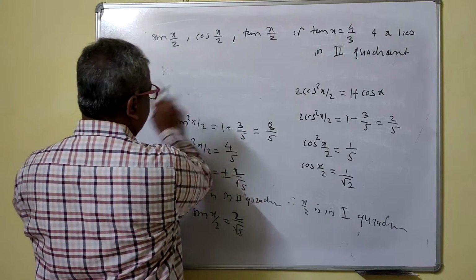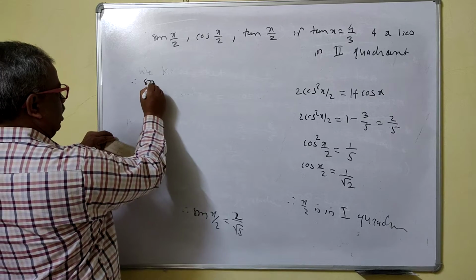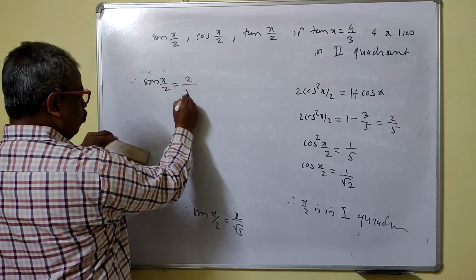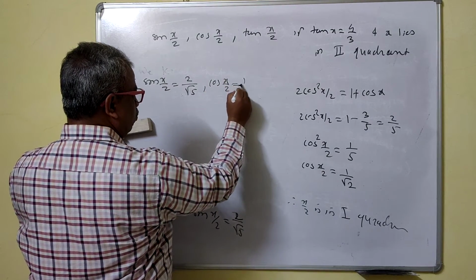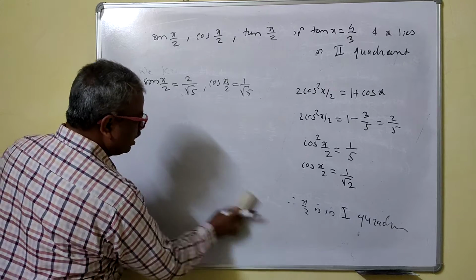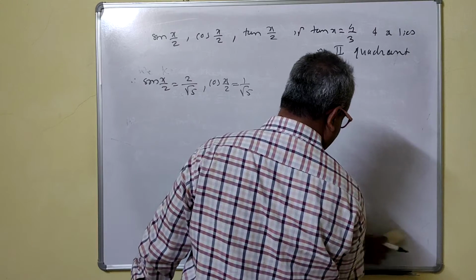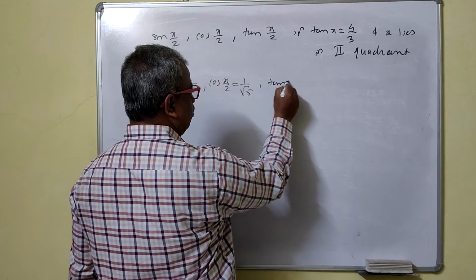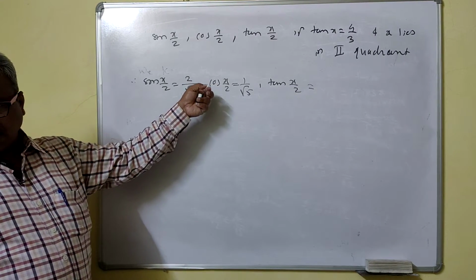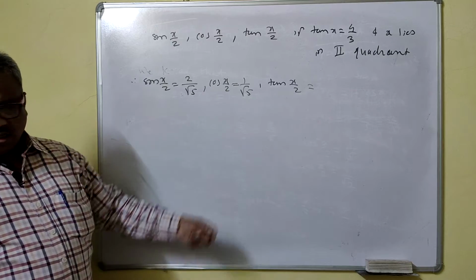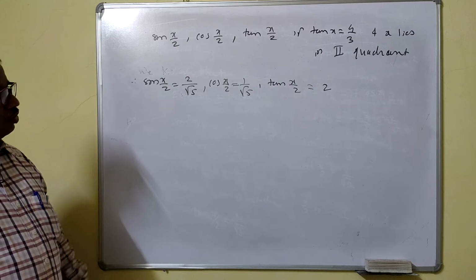Okay. So therefore, we write now final answer now. Therefore, sin x by 2 is equal to 2 by root 5. Okay. Cos x by 2 is equal to 1 by root 5. Again you want tan x by 2. Easily you can write the value of tan x by 2. So no need to do any operations for that one. Just directly you can write the value of tan of x by 2. Right? Because denominators are same now here. Right? Take the numerator of sin as the numerator. The numerator of the cos as the denominator. So this will what? 2 now. So 2 upon 1 is 2. Right? So the problem is over now.